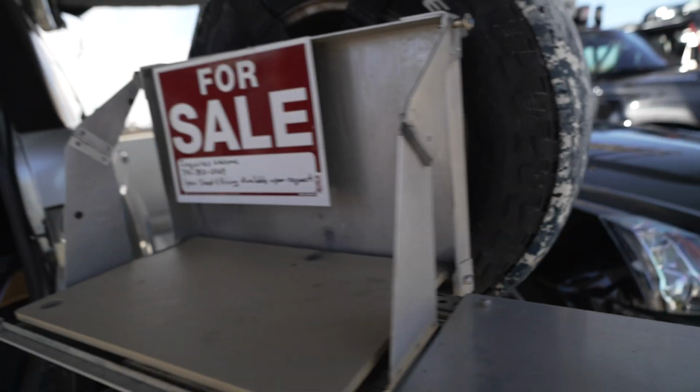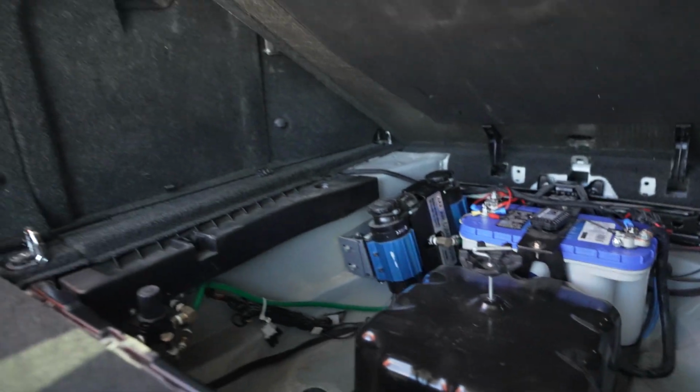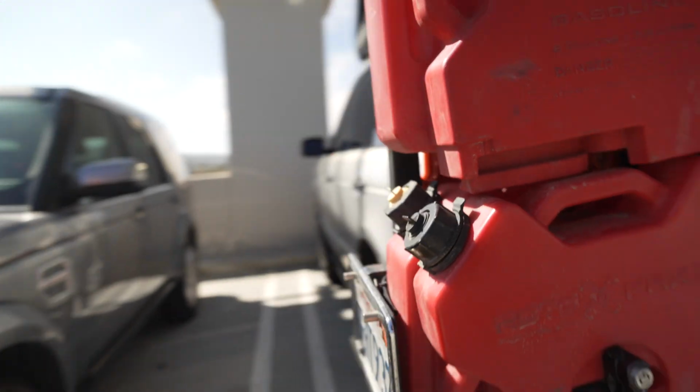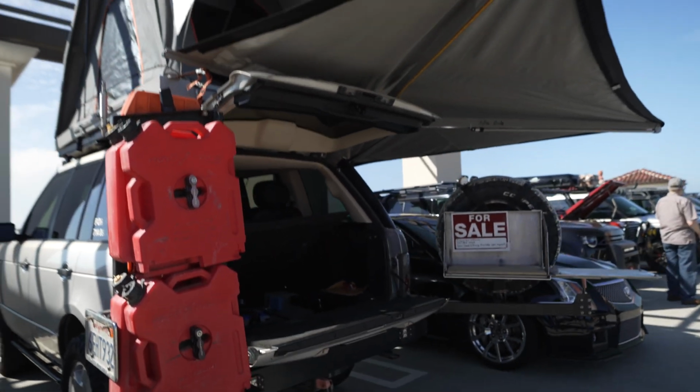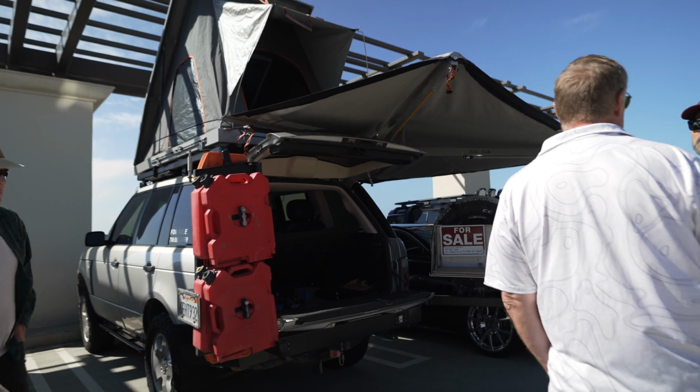Yeah, I mean, I really have mixed emotions about selling because I have maintained this thing. All dealer maintained. I actually put a new factory transmission in it. So it's got a brand new one. That's just cool. We have all the service records. So if you're looking for a glamper, go off road,